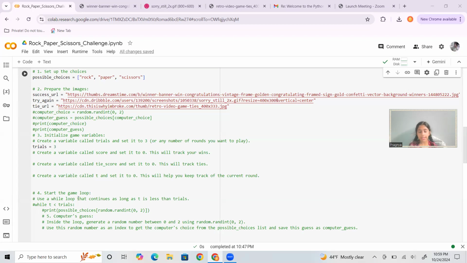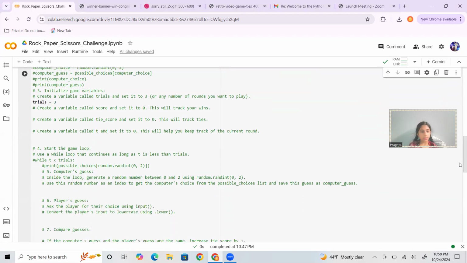Now for the game loop. It says start the game loop. Use a while loop that continues as long as t is less than trials. Also, while t is less than trials, it wants us to print the possible choices